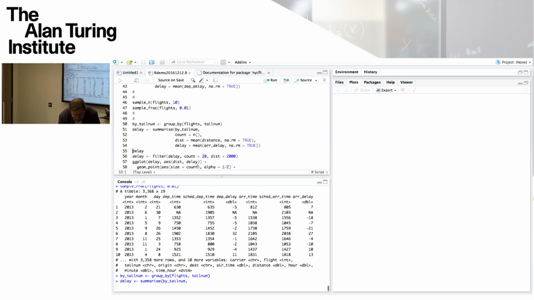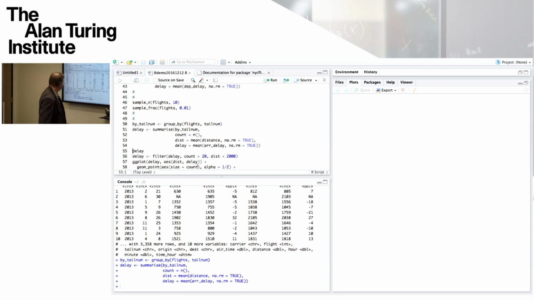In the next set of things, I take by tail num, which is a grouped data set, and then I apply summarize to it. So when I calculate the count, the dist, and the delay, they're going to be per group. And then what gets returned is put into delay.